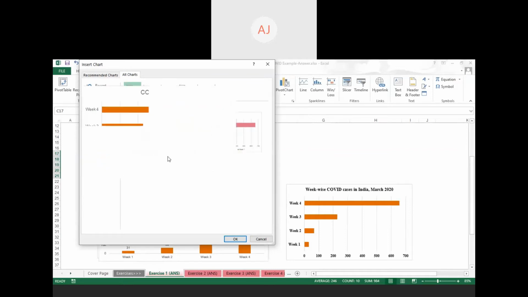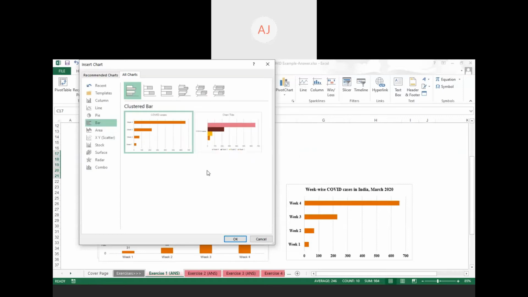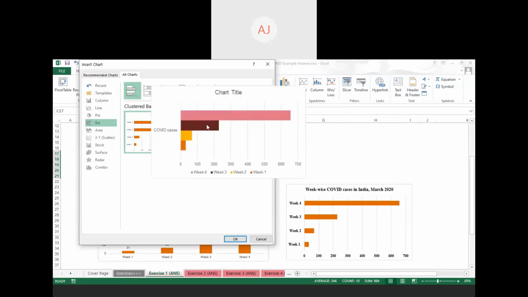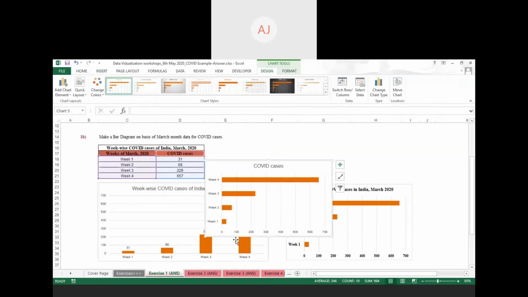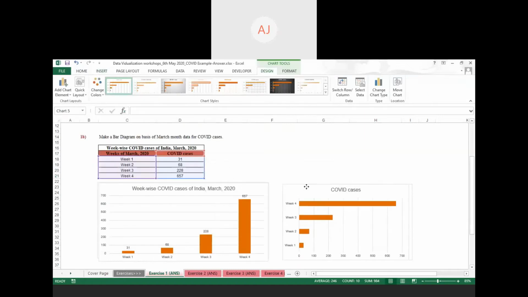Then you have two graphs for the bar chart. You can see the other one also, with different colors. Use this chart when your hypothesis is that you want to show very different things in different colors. Otherwise, go for the easier, basic one. Select this chart. Now this chart is very raw. You have to complete this chart by adding so many elements.